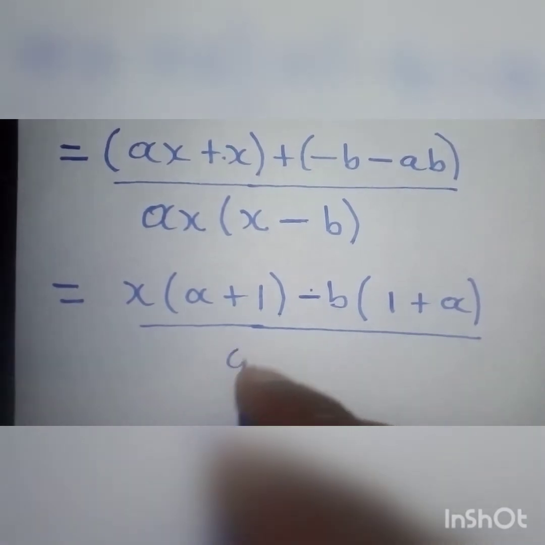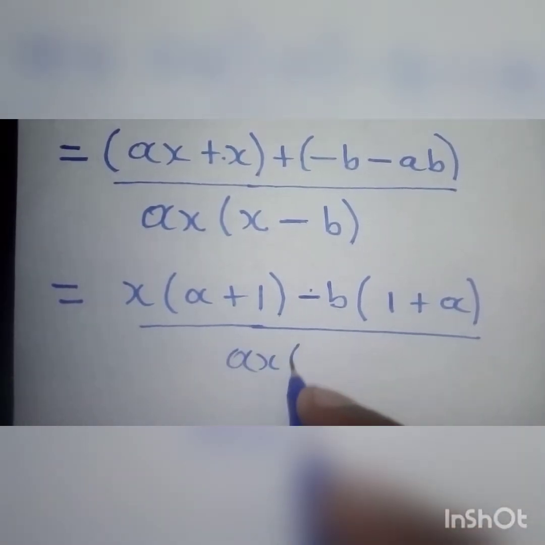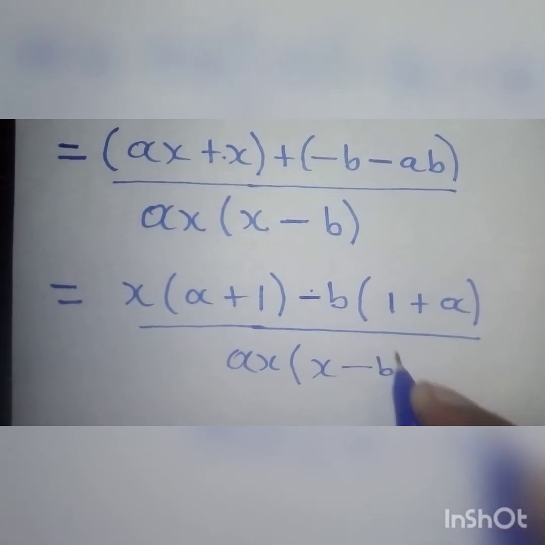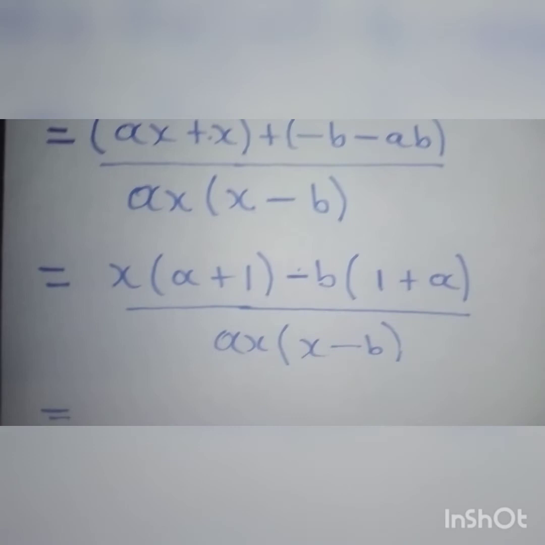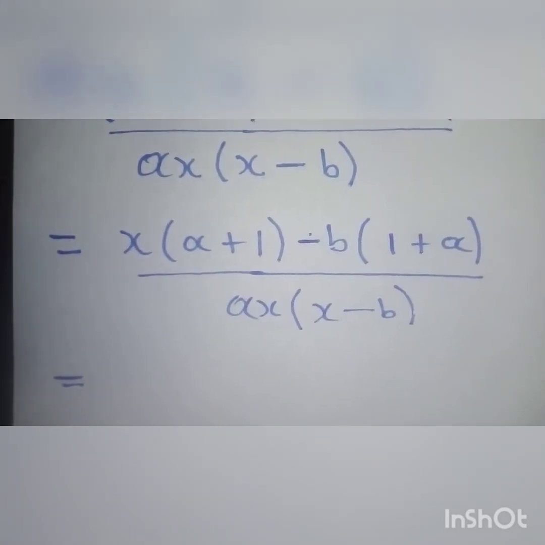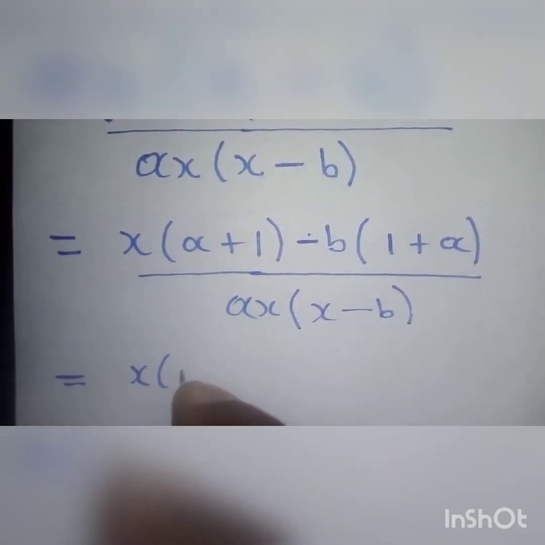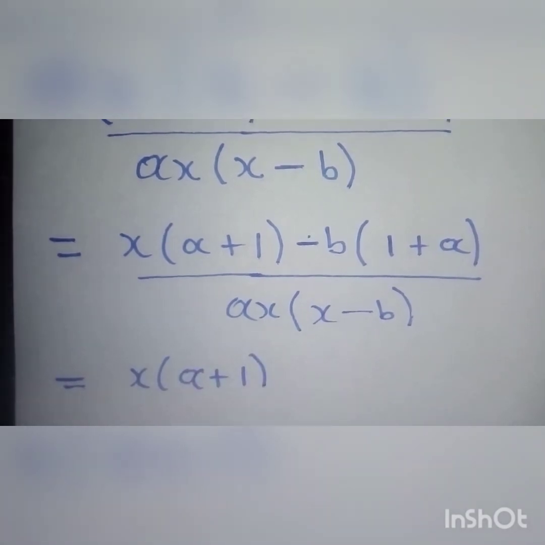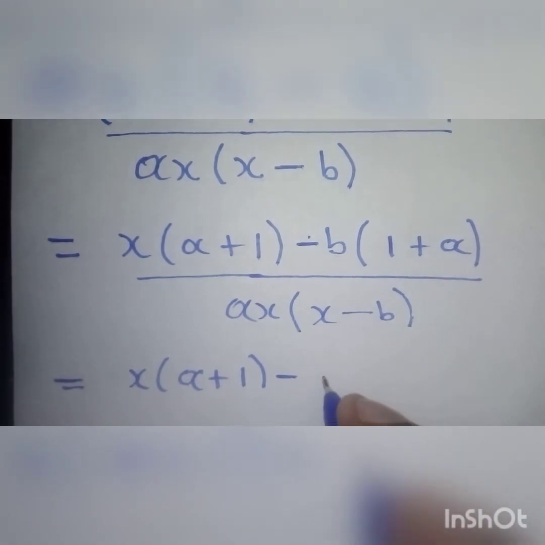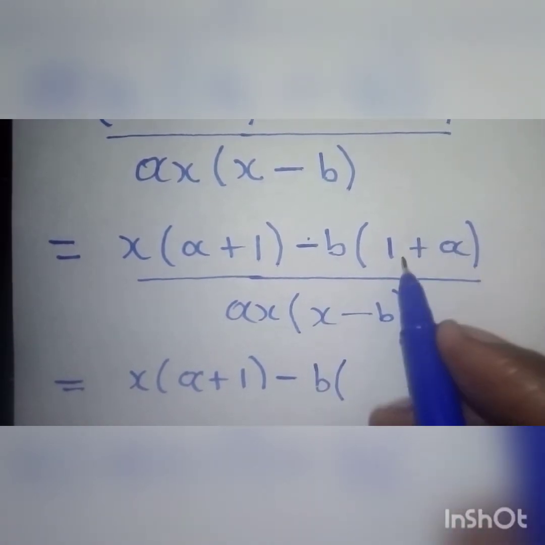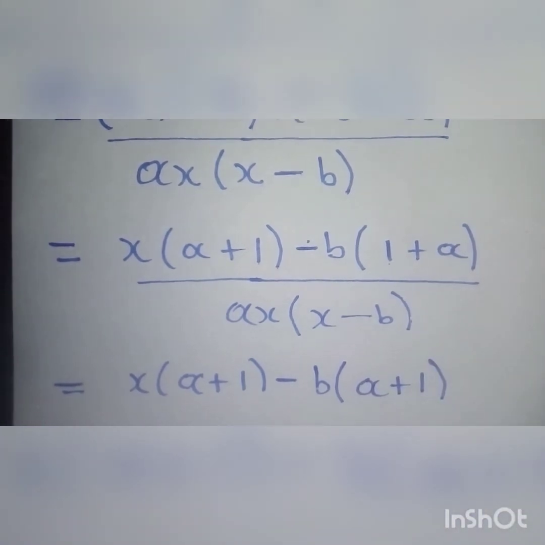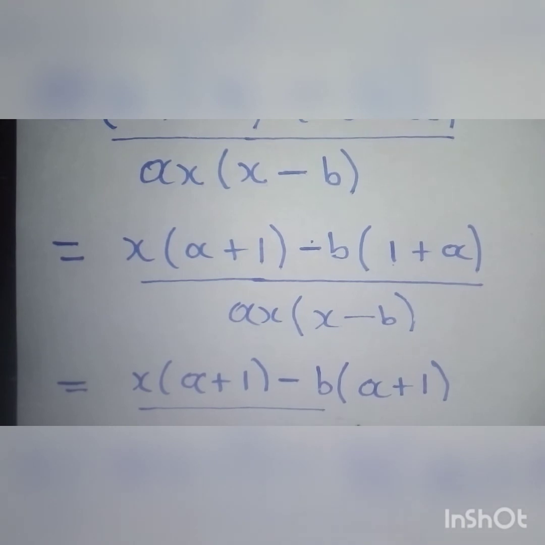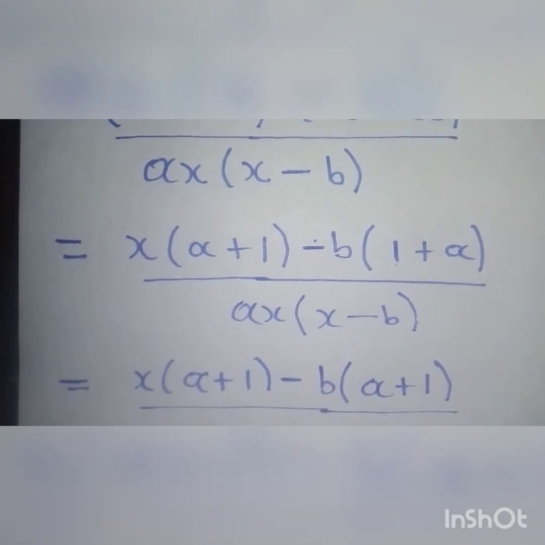Divide by ax over x minus b. This is equals to x times a plus 1, minus b times 1 plus a. 1 plus a is the same as a plus 1. Divide by